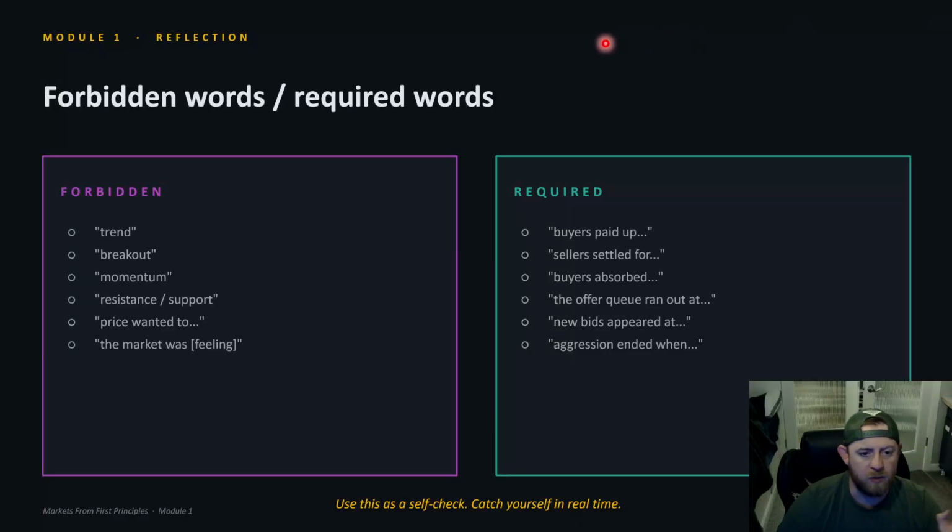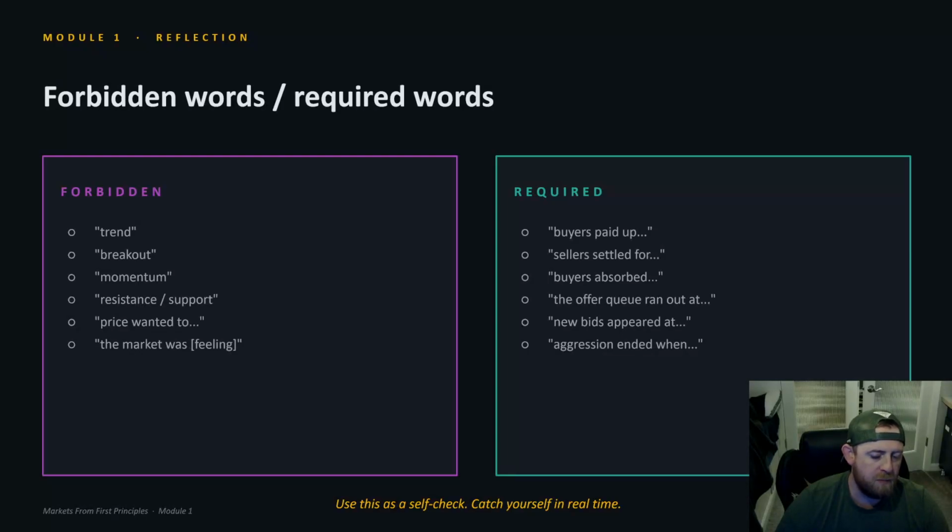All right, let's work really hard as we're learning this stuff. Again, you can use these terms when you understand what you're actually saying. Instead of saying, oh, the trend did something, we could say the buyers were willing to pay more. They were the aggressors. Instead of saying there was a breakout, sellers were willing to settle for lower prices to find new buyers at a price level. Instead of saying there was a lot of momentum there, or momentum was stopped there,